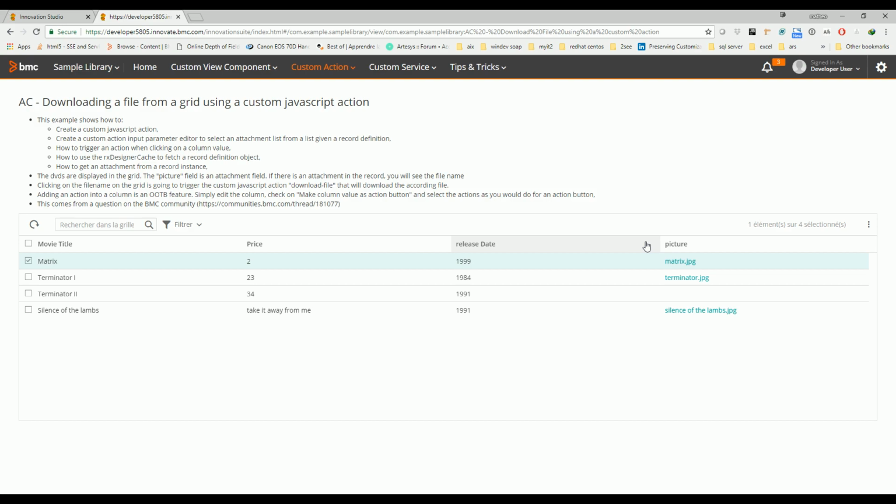I don't know why she triggers. Anyway, so